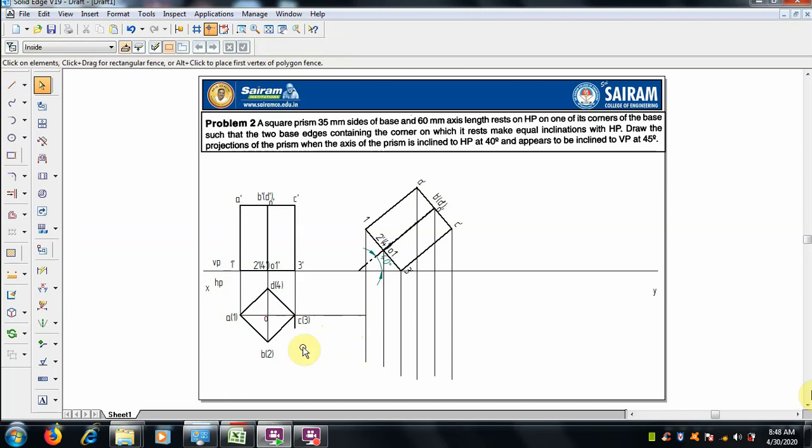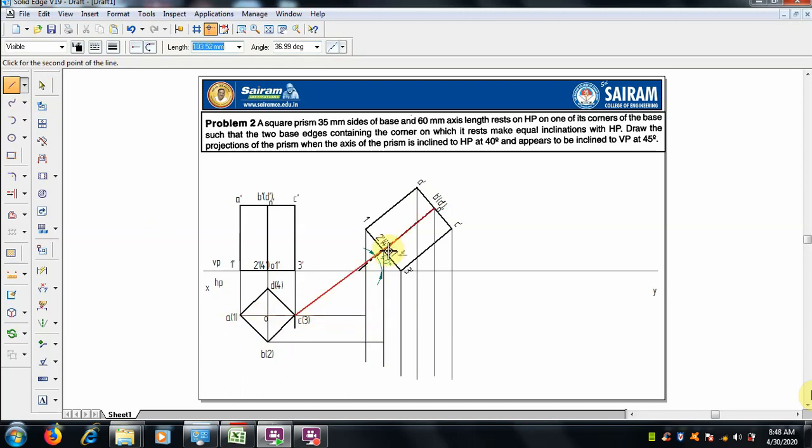So we can select 1 2 3 4, extend 1 2 3 4 with 1' 2' 3' and 4'. So 3 to 3', and 4 to 4'.